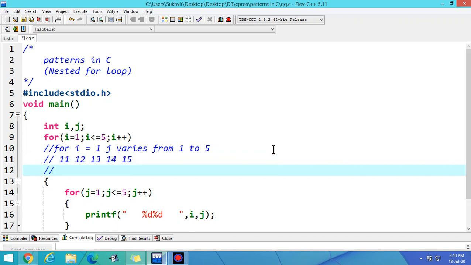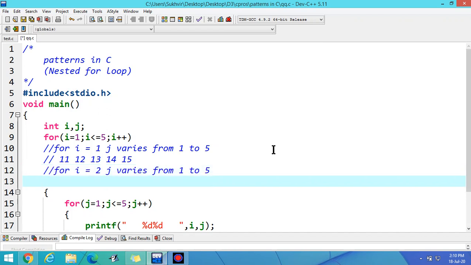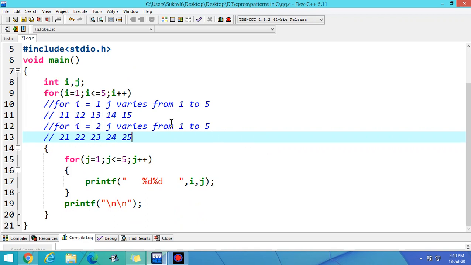After the first iteration, for i is equal to 2, j varies from 1 to 5. It means the next value is 21, 22, 23, 24, and 25. Similarly, for the third iteration, the value is 31, 32, 33, 34, and 35, and so on. It varies up to 51, 52, 53, 54, and 55.